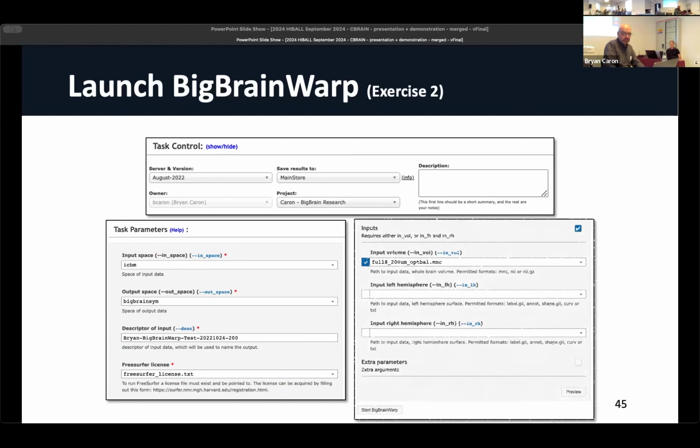So I've walked you through those, and there's one last one now, because you remember you did the checkbox on the prior page, right, where you looked at all the files, you already put the checkbox. Normally you'd have to type in the name of the input file, and you would write that long name, folate _ 200 micron. Within that box, it should already be pre-filled with the name of the file that you put the checkbox beside, okay? So that way you made the logical connection between what you clicked on and what the input is, so you're not potentially making a typing mistake, right? It's all pre-populated for you.